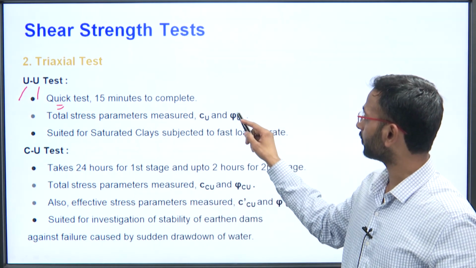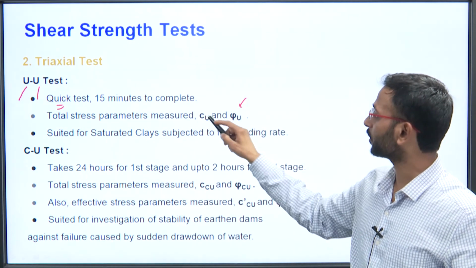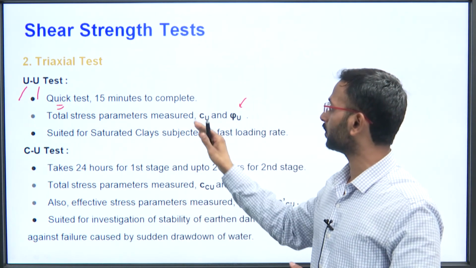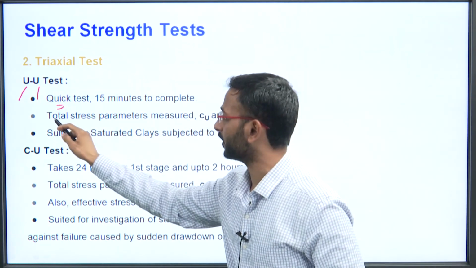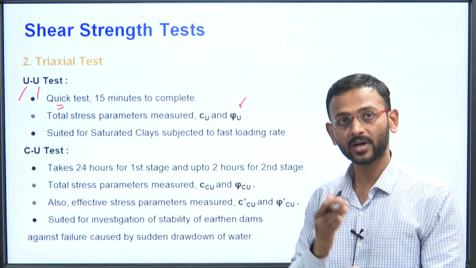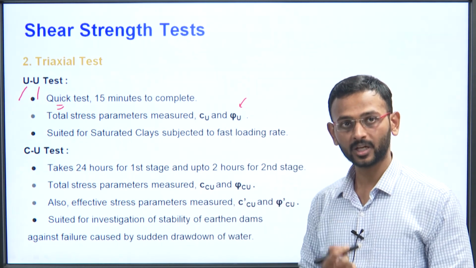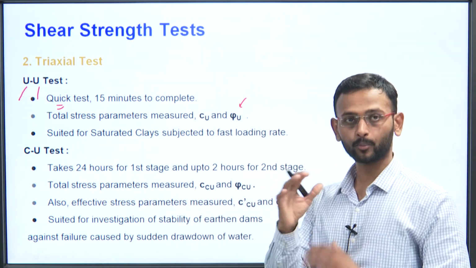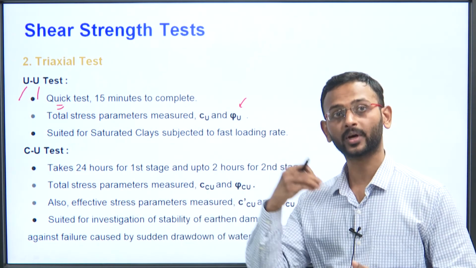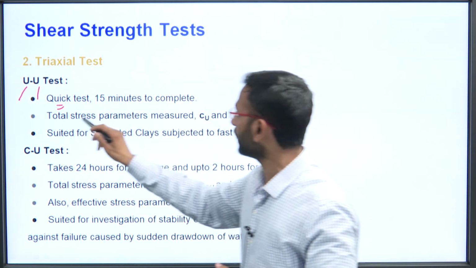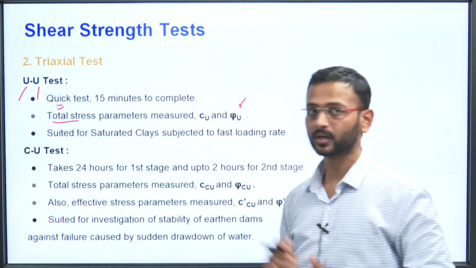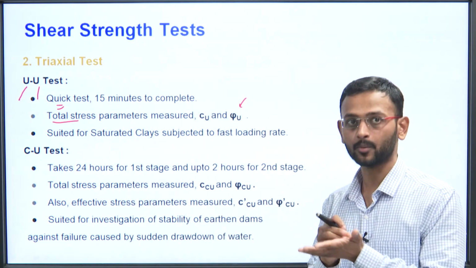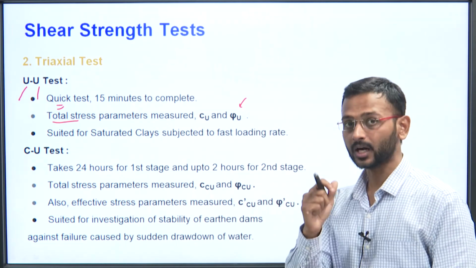Here the total stress parameters are measured, CU and phi u, okay, CU and phi u. So these are the total stress parameters. Because यहाँ पे क्या हुआ, पानी पास नहीं करने दे रहे हो, तो क्या इफेक्टिव स्ट्रेस मोबिलाइज होंगे, नहीं हो पाएंगे, ओके, पोर वाटर प्रेशर डेवलप होता चला जा रहा है और वो बढ़ता ही चला जाएगा। सो यहाँ पे टोटल स्ट्रेस पैरामीटर्स विल बी यूज्ड, ओके। इफेक्टिव स्ट्रेस यहाँ पे पिक्चर में नहीं आ पाया है, ओके।